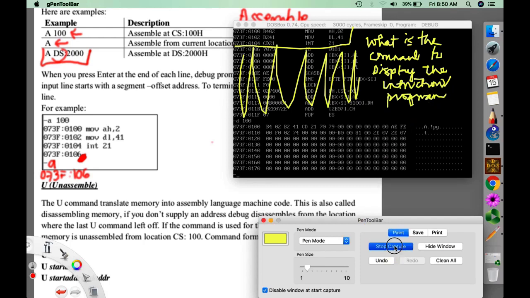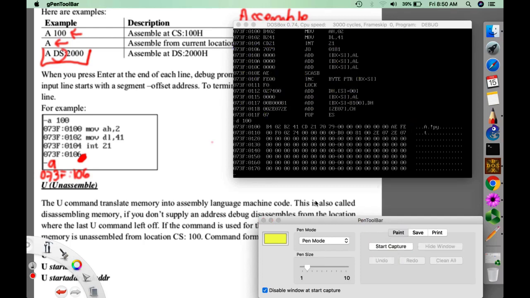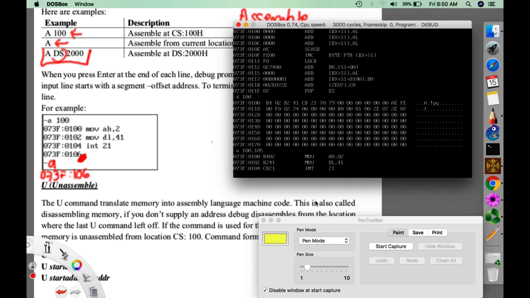To do that, we use the unassemble. So we have unassemble at memory location 100 to 105. It shows you the program itself, and the extra content is not shown.